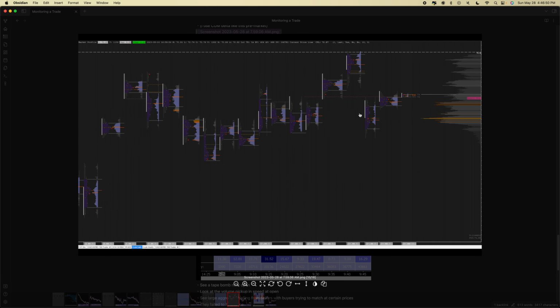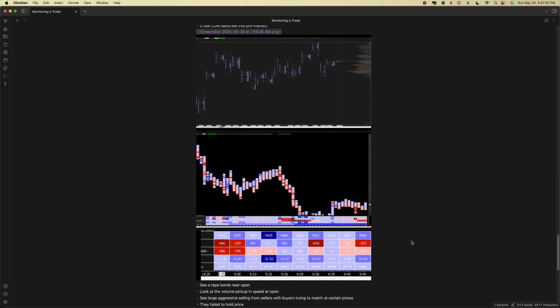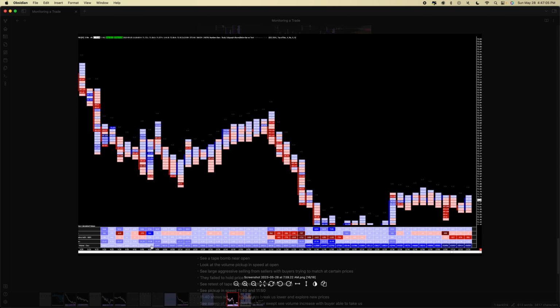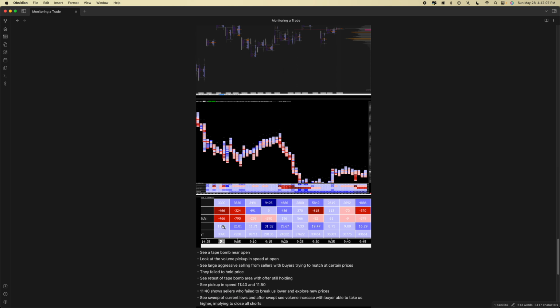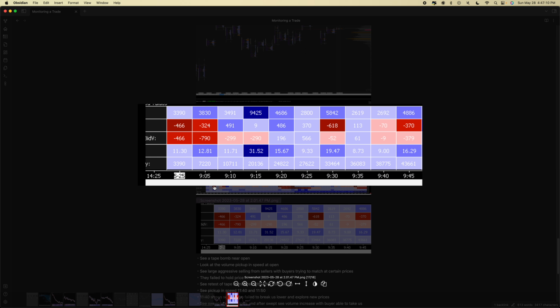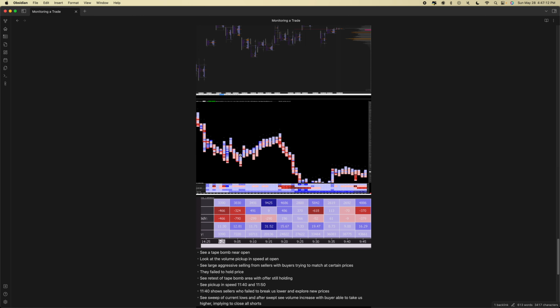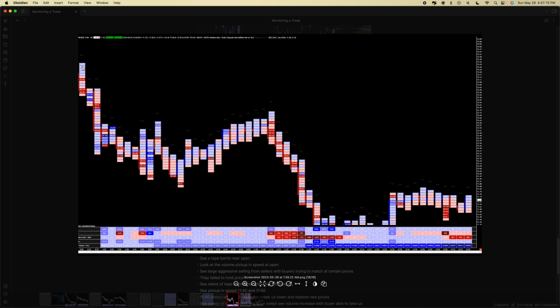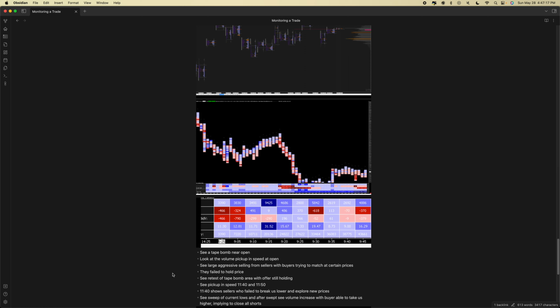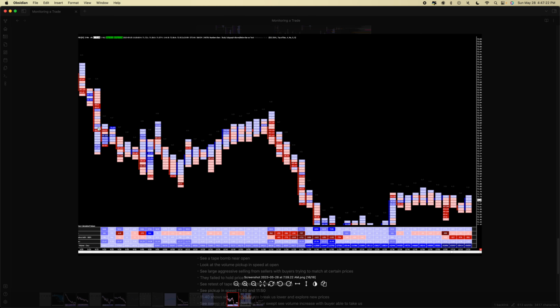And just some context, this is the chart for 5/25. See it open, come back into this kind of tail area. I accidentally cropped out the calculated values for the first few, but those are kind of the most important. See this open. Once again, this is it. Just to remember, I'll come back to that, but see this open, and then at 9:15, we see, let me quickly go back to here,